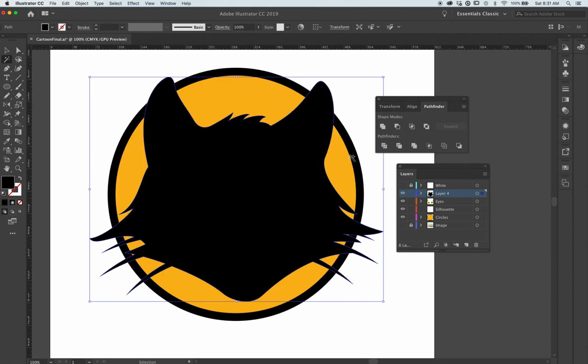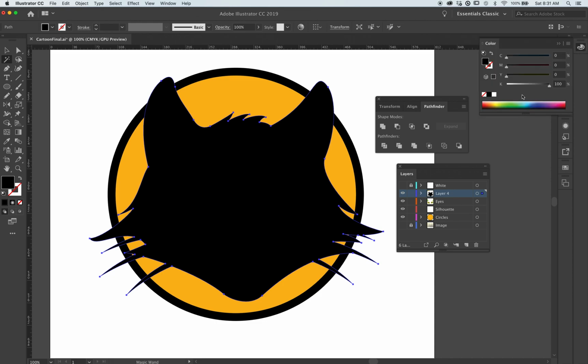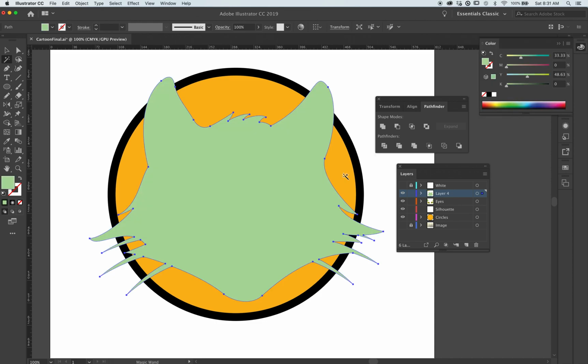Command Y. Now the reason I did this is because I want the orange to reside on its own layer by itself, and right now I couldn't, because if I change the color on the cat, you'll see the cat is on top of the orange, but I don't need that to be the case. I can use this shape to cut and stencil the orange into a series of little pie pieces, and then I can get the black and put it together with the black circle as one complex shape, and I'll end up with a more efficient file. So I'm going to use this shape,